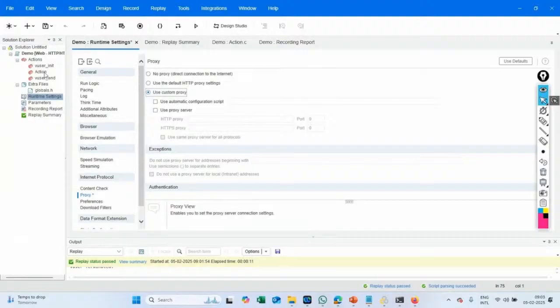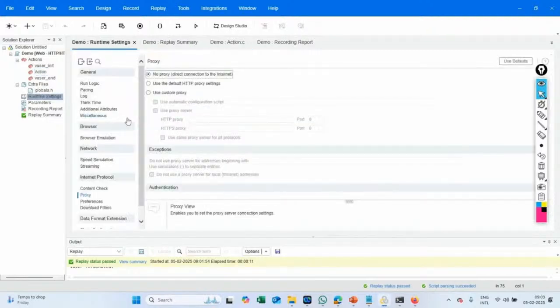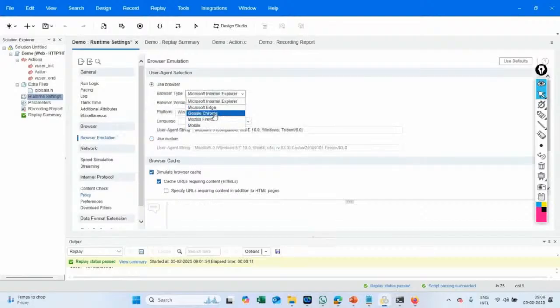So the same application has to be tested in different browsers, meaning you have to repeat the same test with a different browser, or is there any option to do it for multiple at a time? No, multiple at a time you can't do, but at any point of time you want to select some browser instance, you can do that. In runtime settings, you have this option called browser emulation, where you can choose from the list of browsers. When you're replaying the script, you can choose the browser which you want to emulate,